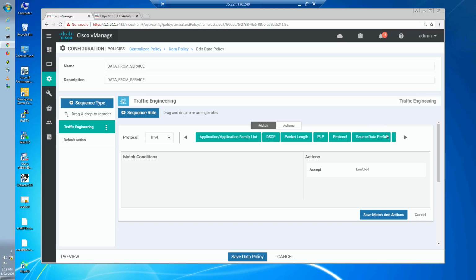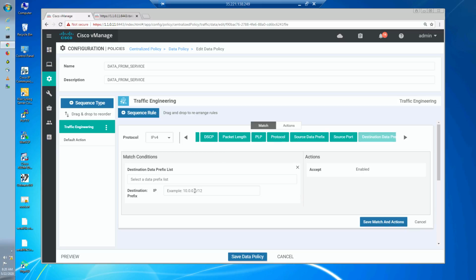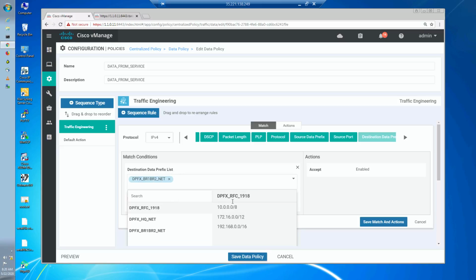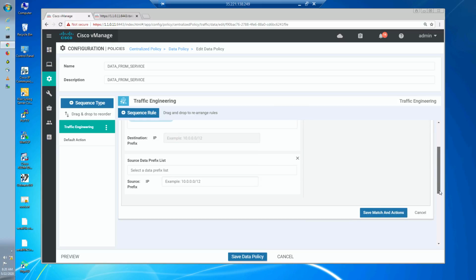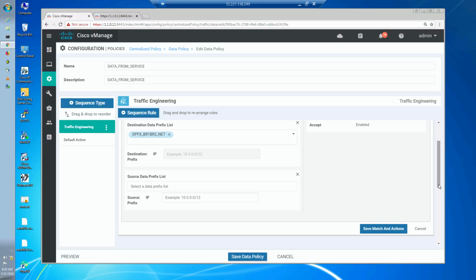Let's start by first putting the destination data prefix, which is going to be my BR1-2, which I just now created, right? So let's go and select that. So that is done. And then we will select the source data prefix because we want to apply this policy only from BR3 towards, I don't know, BR1-2. So we don't have anything for that. So let me go and create something. So it's going to be 172.17.3.0/24 or 25 actually, because that's my subnet,